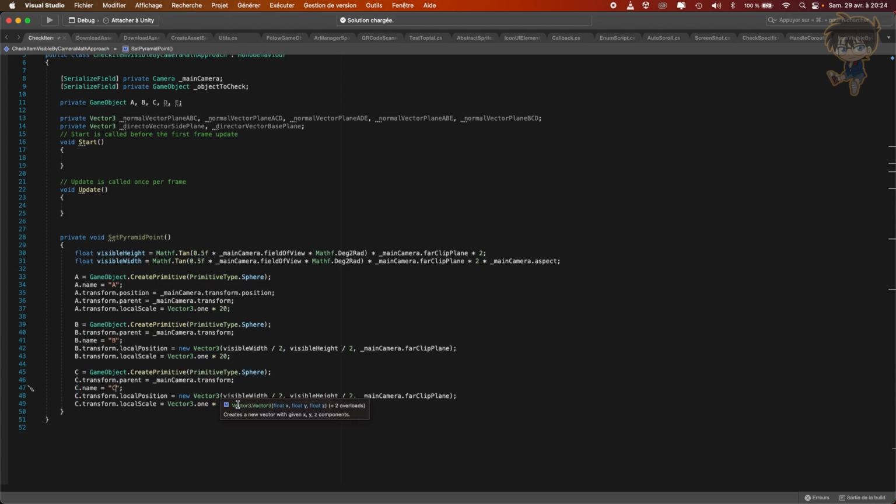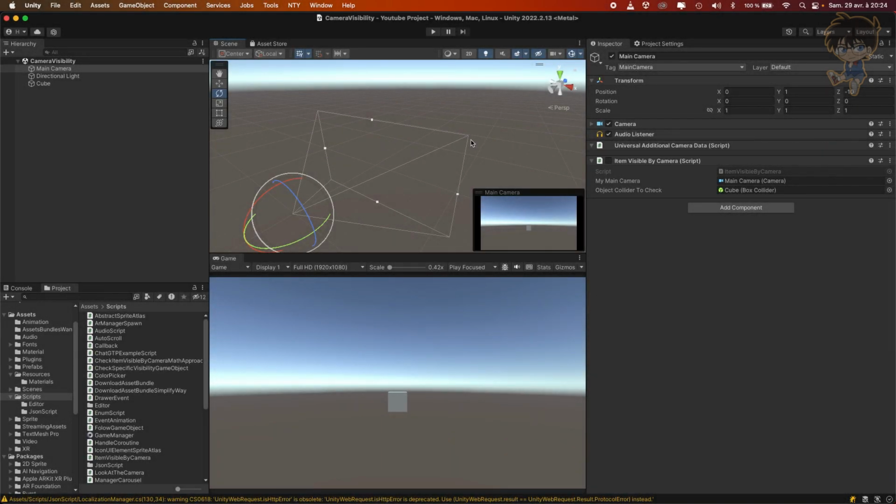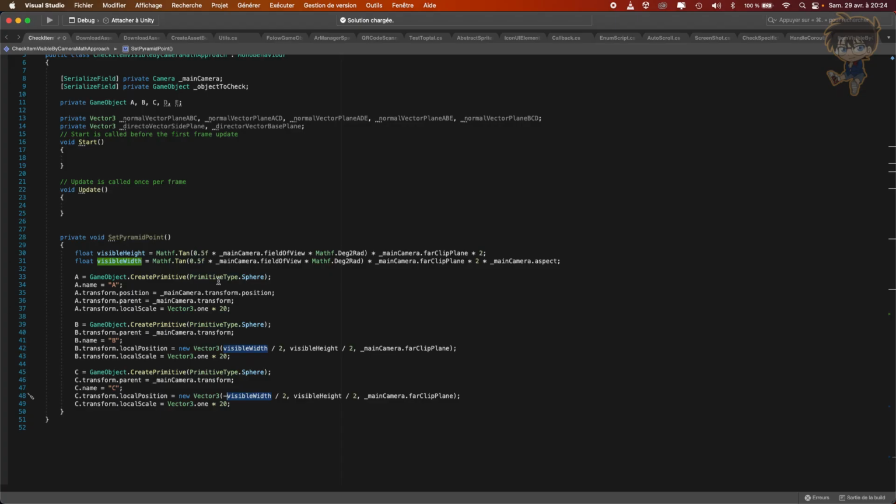And for the visible here, so for the vector, I will add minus over there, and that will be it, because it's the opposite of my B point on the axis over there. So the minus will be there. All right. So let's head back to Visual Studio, and what I will need to do, so C, I will